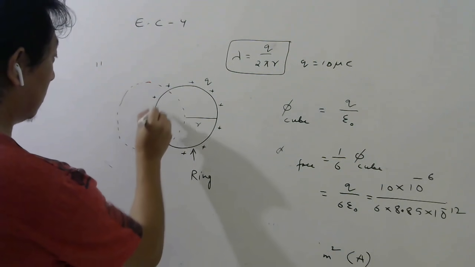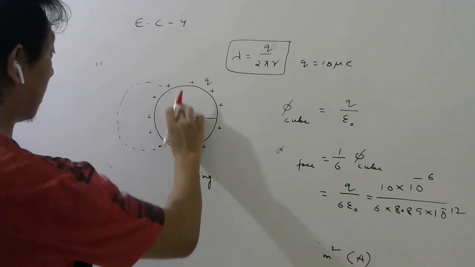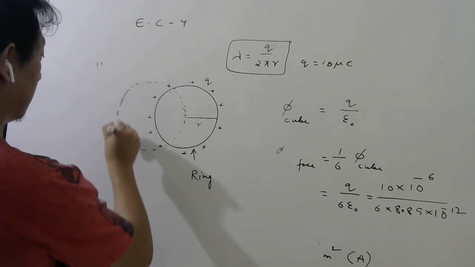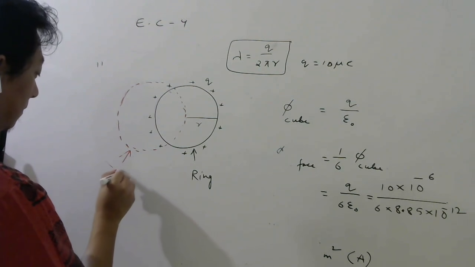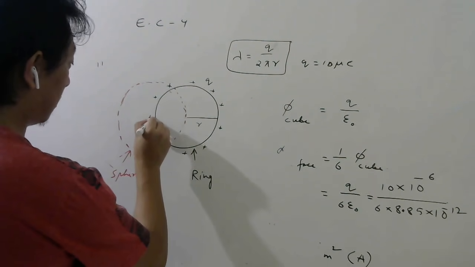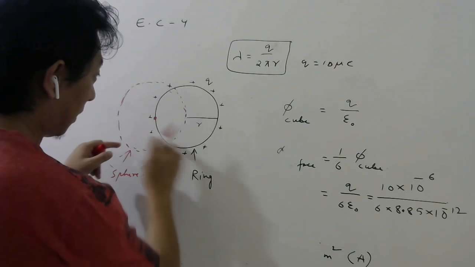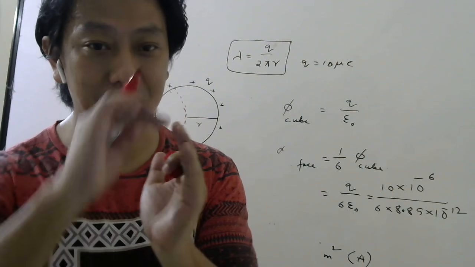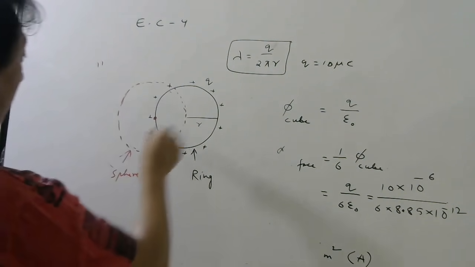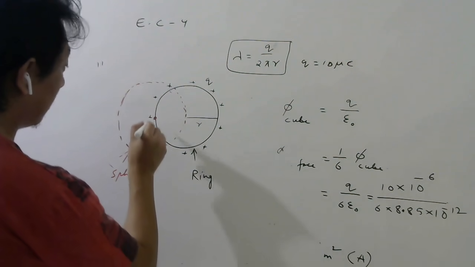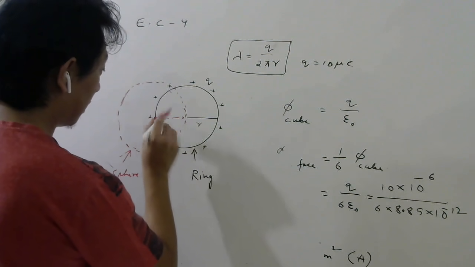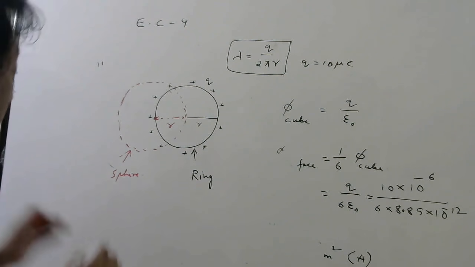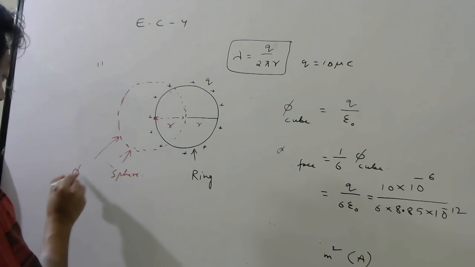So like this, okay? This is your sphere. Not a very nice diagram, I know, so imagine something like this. The center of the sphere is at the perimeter, they told. At the rim, they said the word rim. Rim of a ring means perimeter. So the center of this sphere should be at the perimeter and the radius of this is the same as this r. Now the question is, what is the flux through this surface they are asking?